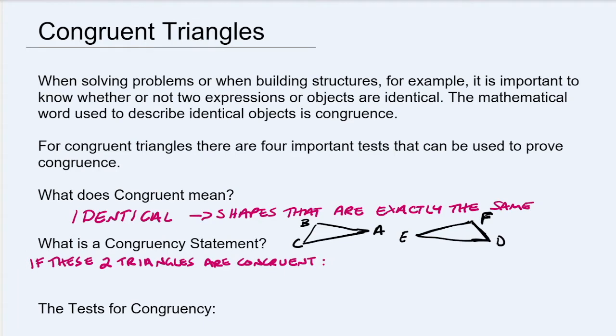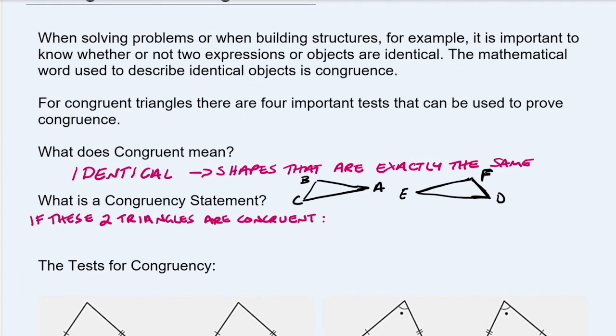This is what we're going to be saying. We're going to say triangle, and we just use a little triangle symbol just like that one. It looks like the delta letter from the Greek alphabet that you'll see another time, but for the moment we're using that as the triangle. We're going to say that triangle ABC